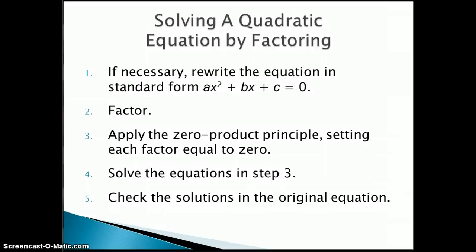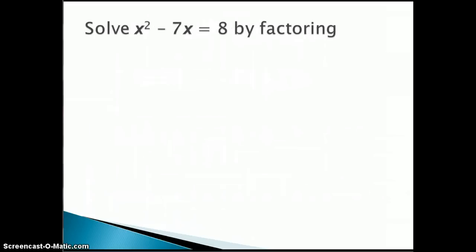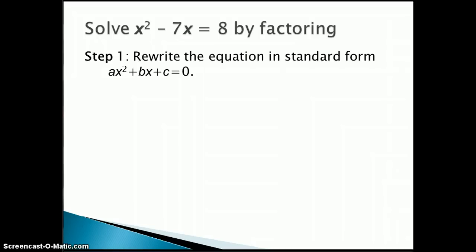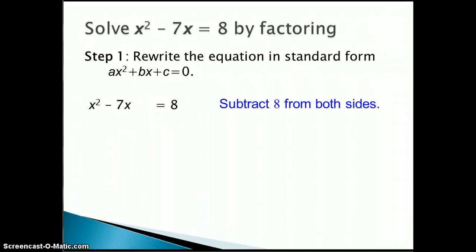So let's look at a couple examples. For this example, we have the equation x squared minus 7x equals 8, and we've been asked to solve this by factoring. So our first step, remember, is to rewrite the equation in standard form. So we're going to need to move all the terms to one side, and that will leave a 0 on the other side. So what we can do is subtract 8 from both sides,